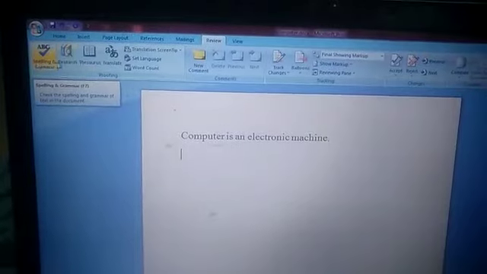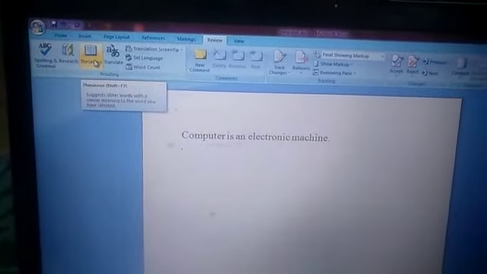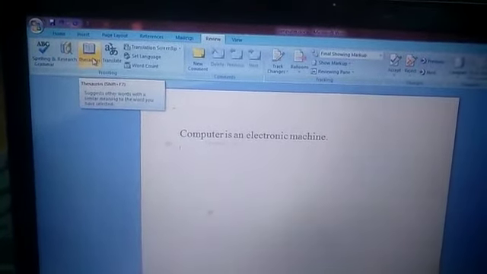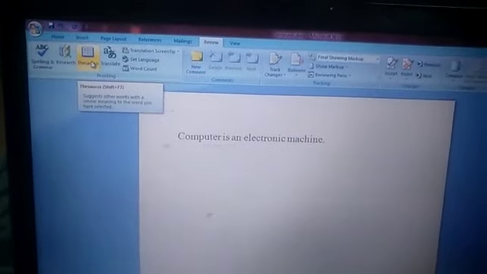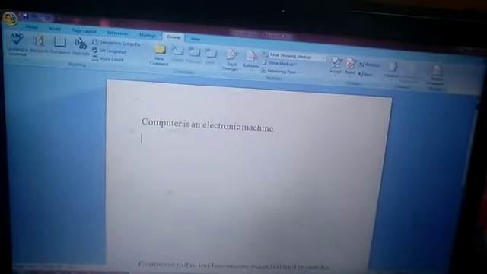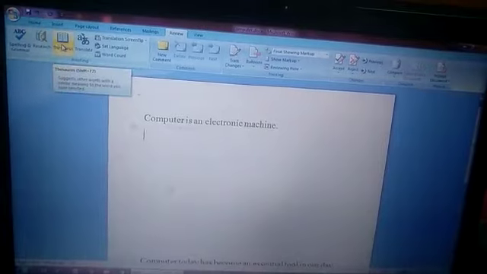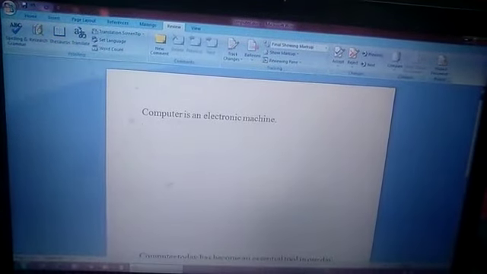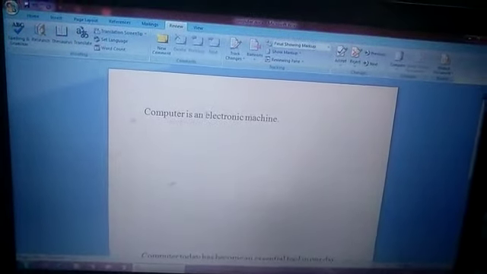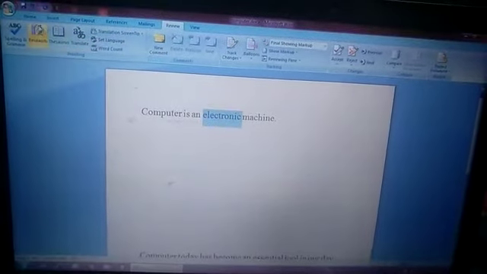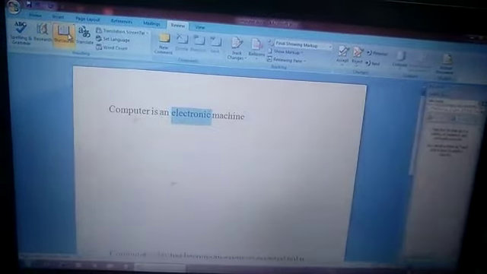Then we will go to thesaurus. Thesaurus means you will get the meaning of a word. This thesaurus is used to get the synonym of a word. Like this, electronic is there. Let me select it, and then I will go to this thesaurus.